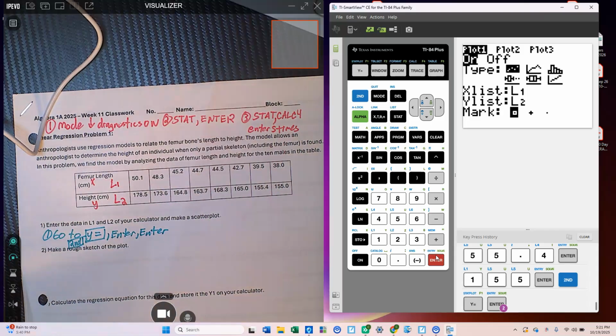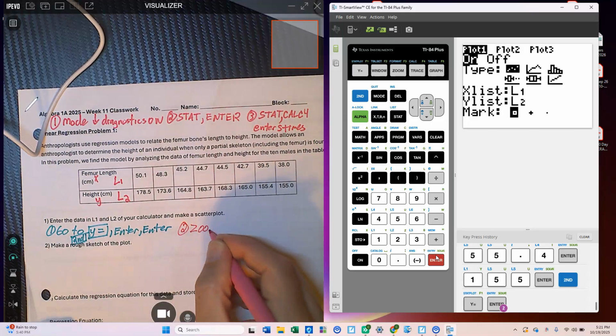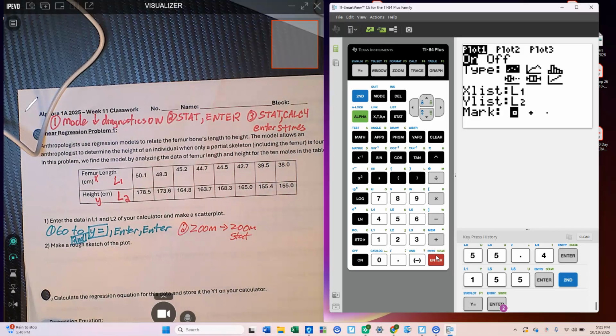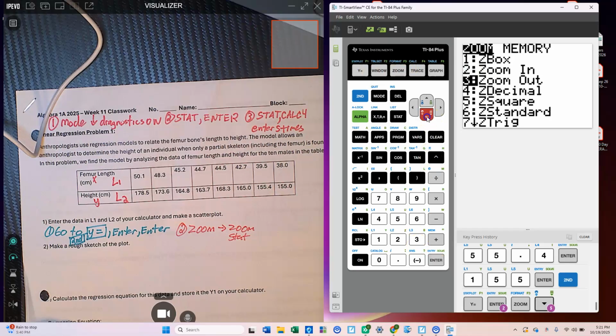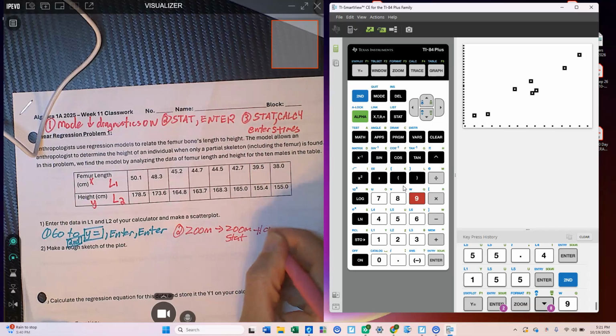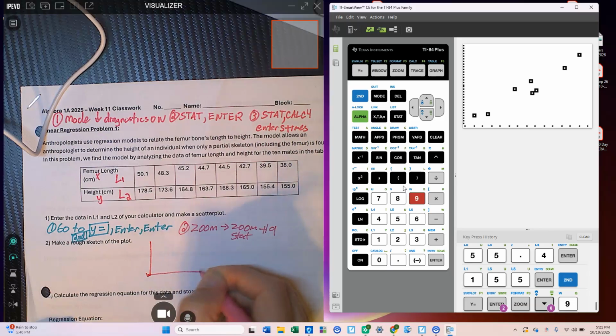Okay, now go to step 2, go to zoom, stat. I don't know what zoom it is, so go to zoom, make sure you turn the stat plot on, zoom, zoom stat, number 9, and there it is. So on the x-axis,